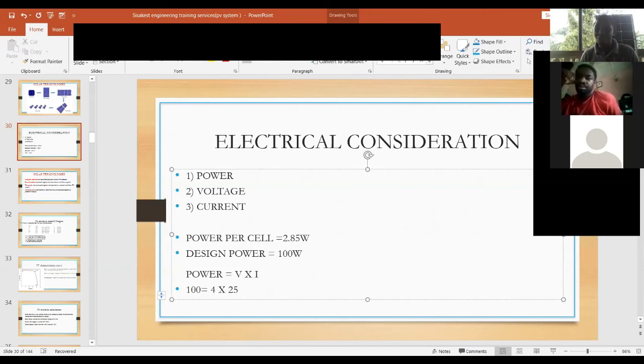Now let me explain in terms of cash, in terms of money. So this is a 1,000 naira note in my hand. All right. So what we are saying is that it's either you have 2 500 naira or you have 1,000. So imagine this is 1,000 watts and this is 1,000 volts. So you have 1 current. If you go and cut it into 2 and you make 2 500 naira, it doesn't change the total answer. It's still 1,000 naira,